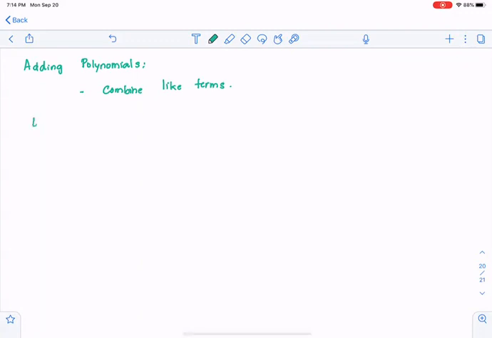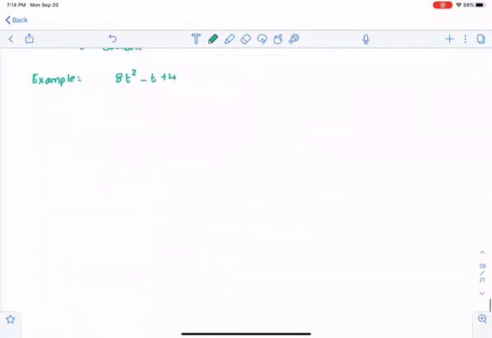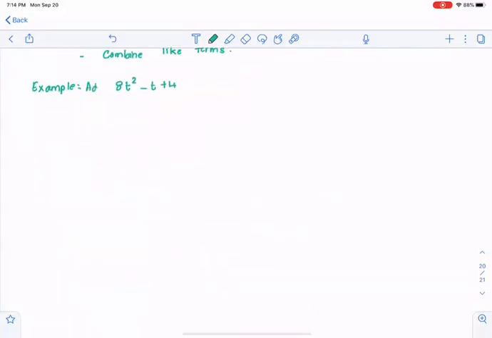So here is an example. I'm going to start simple with just one variable. So 8t squared minus t plus 4, and 2t minus 4. What I like to do is to